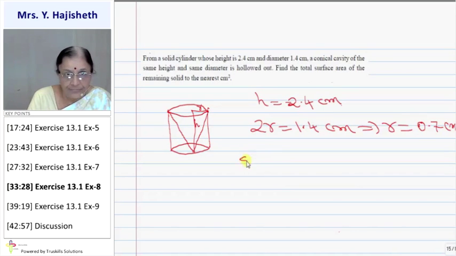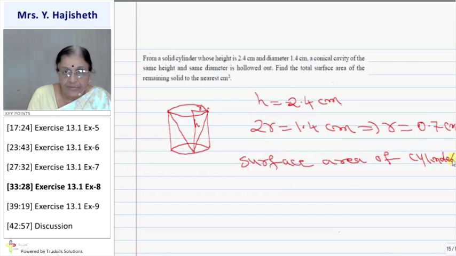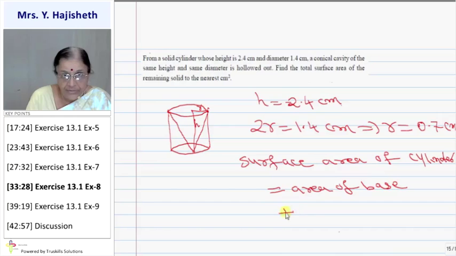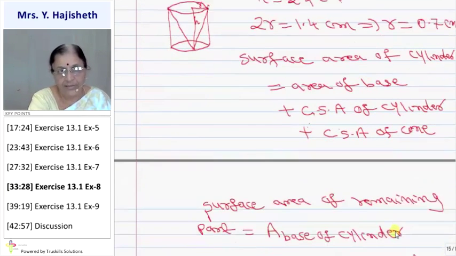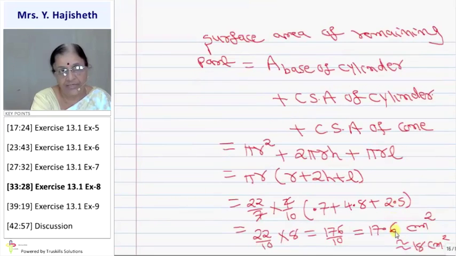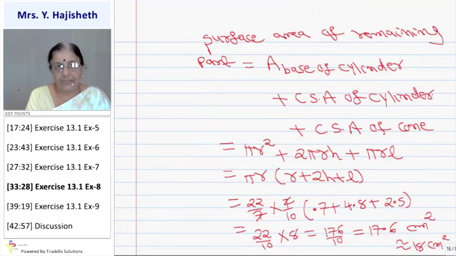Now surface area of cylinder after cavity is to be made is area of base is circular, plus curved surface area of cylinder प्लस अंदर की तरफ कर्व सरफेस एरिया ऑफ कोन. क्लियर? क्लियर? नाउ पुट द फॉर्मूला, देन पुट द वैल्यू, डू द कैलकुलेशन एंड गेट द आंसर. क्या करेंगे आप?